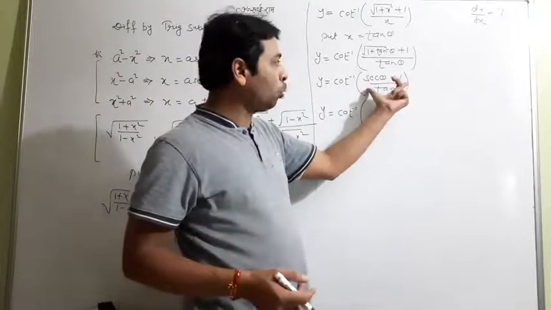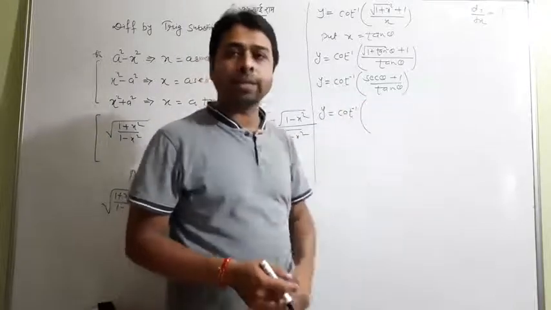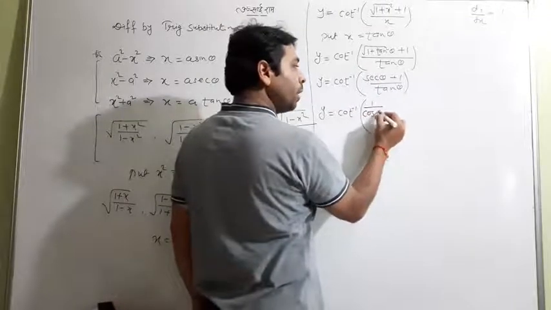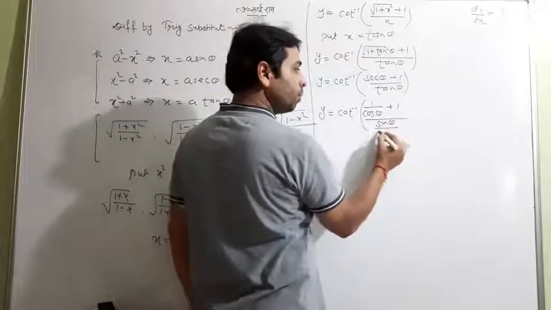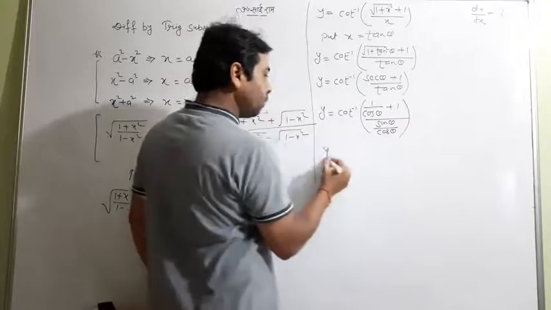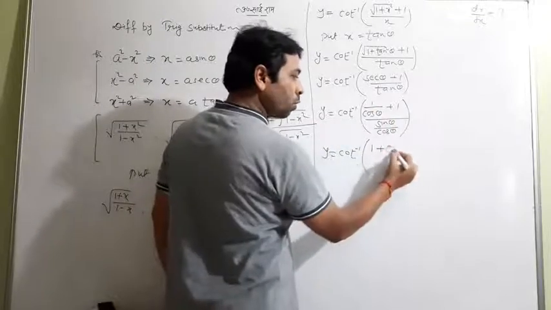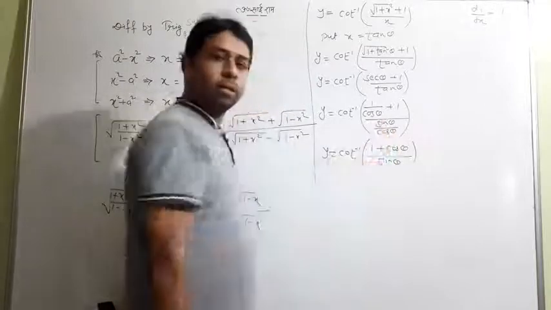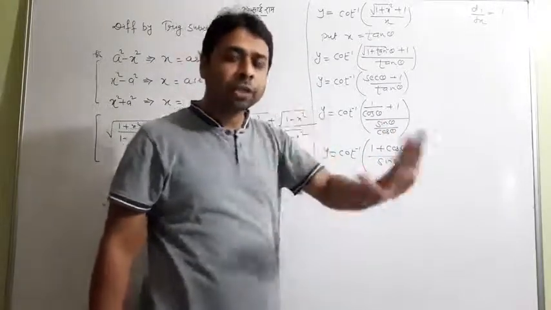When tan comes, no matter, we can change it to cot. When cot is directly coming, cot and cot will directly cancel. So okay, no matter. Sec will be written as 1 by cos theta, you know that, plus 1, tan will be written as sin by cos theta. And then afterward, cot inverse is here. Take an LCM, 1 plus cos theta upon sin theta will be there. Both cos will cancel. And 1 plus cos theta and sin theta, these are the famous terms.